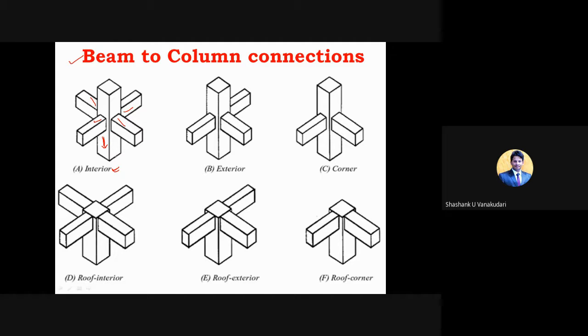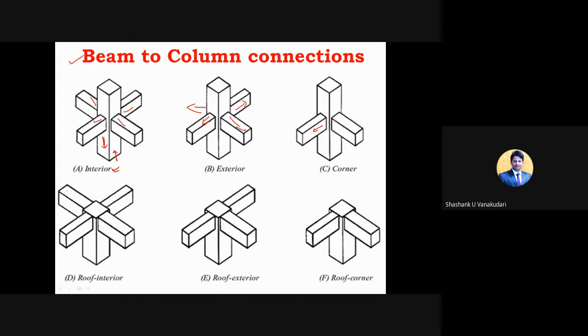Here, this one you can place at the center of the room, so that in some cases four different beams will get joined at this portion. And here at the exterior part, this face is considered as the exterior wall connection, or the outside of the building. Through this, we can provide only three different beams. And at the corner place, we can go with only two different beams connected to this column.